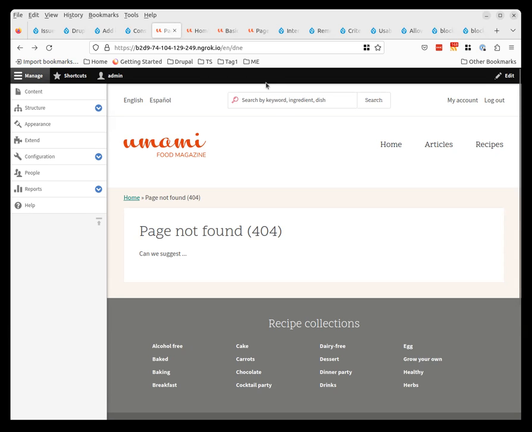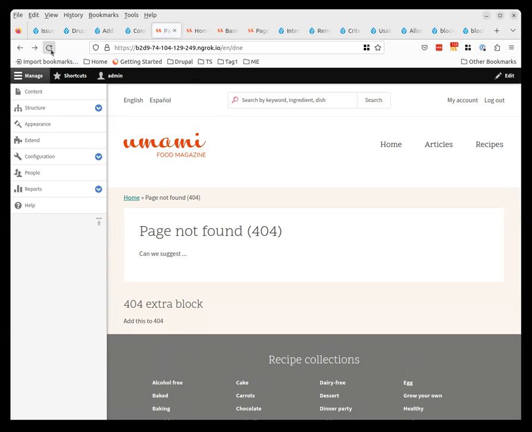So maybe you can refresh now. Yeah, so we can add blocks here, but if the case was that we weren't able to hide a block, that might be something that's